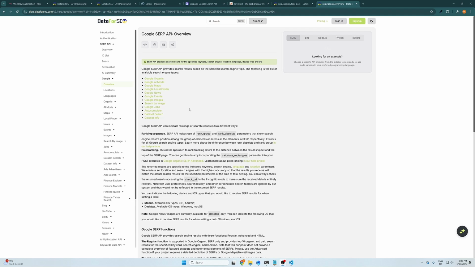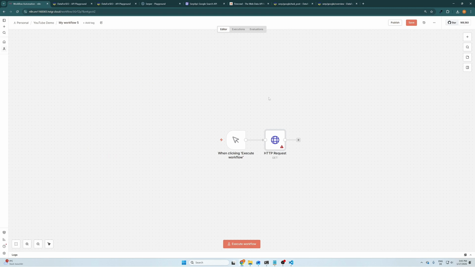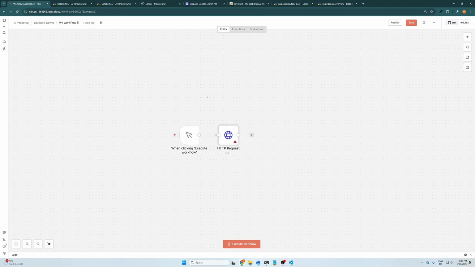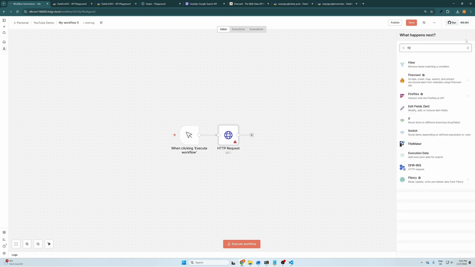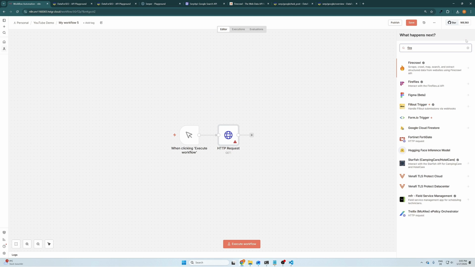API documentation can be quite overwhelming, especially if you're not used to it. And let's say you're building a workflow in any automation tool, then most likely at some point you're going to use an external API. And I know that there are a lot of community nodes, but the issue is that sometimes they are lagging behind. And in case something changed in the API, then you have to wait until they also update the community node